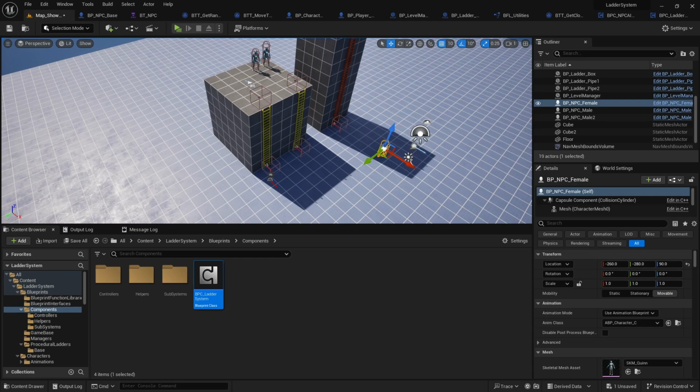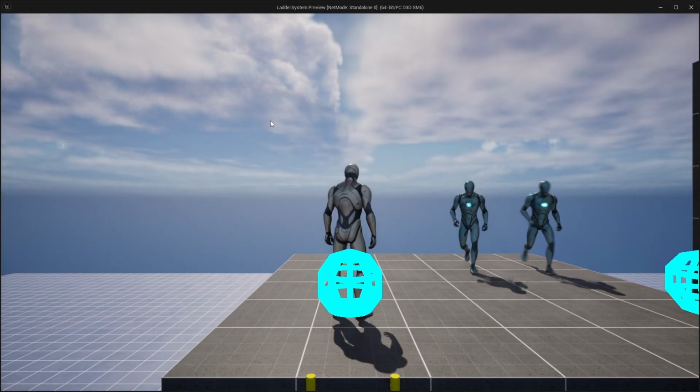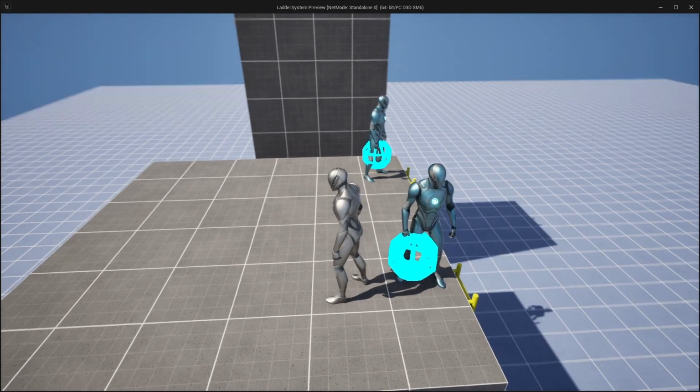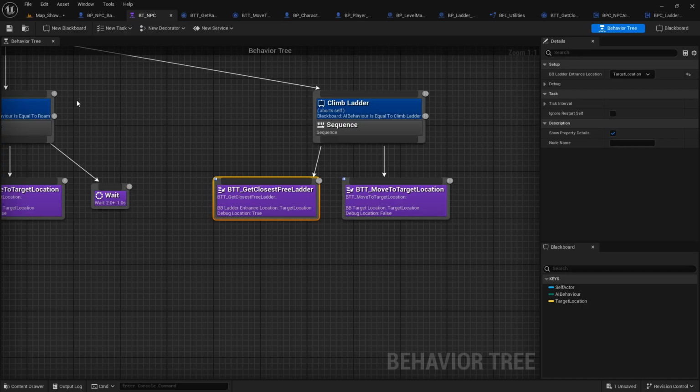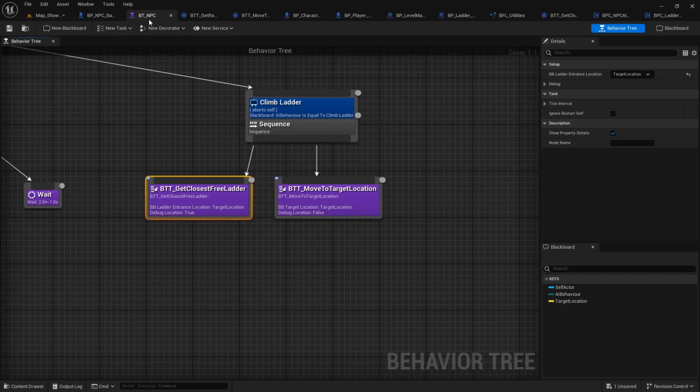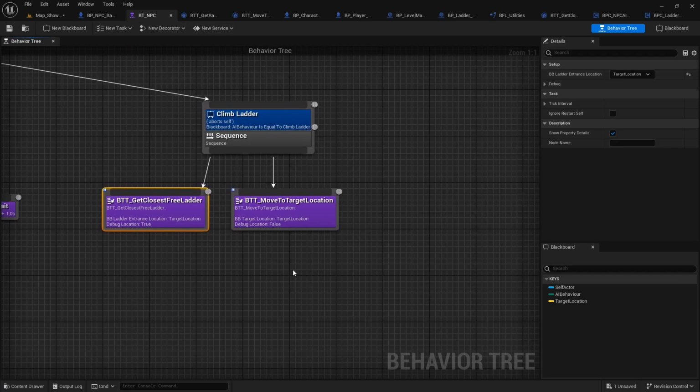Okay, so now I added the logic to find out the closest ladder for the NPC. Now let's implement a functionality to climb down this ladder. Right, so what I'm gonna do is go to actually climb down or climb up. Okay, right. So what I'm gonna do is go to this behavior tree and let's implement a new task